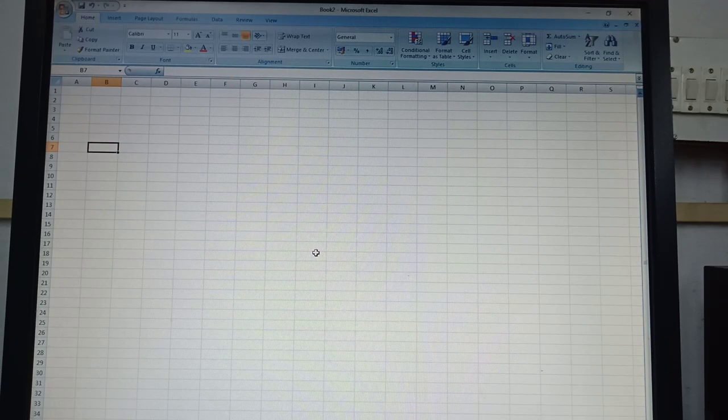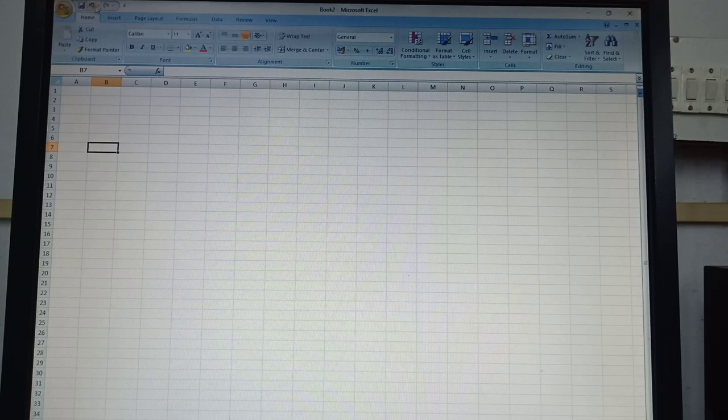So first of all, we will see the definition of all, and we will learn which one is title bar, which one is menu bar, which one is toolbar, like that. So the topmost ribbon, this is called ribbon. All are called ribbons. So this top ribbon, white color ribbon, is called title bar because it shows the title of the screen window. What is the name of this window? The name of this window is Book 2 because right now the Book 2 document is open in MS Excel.